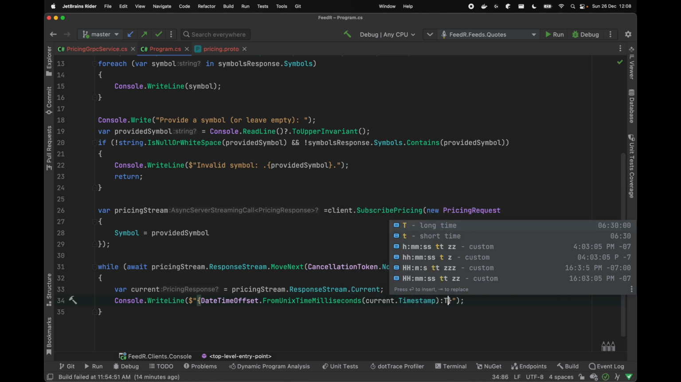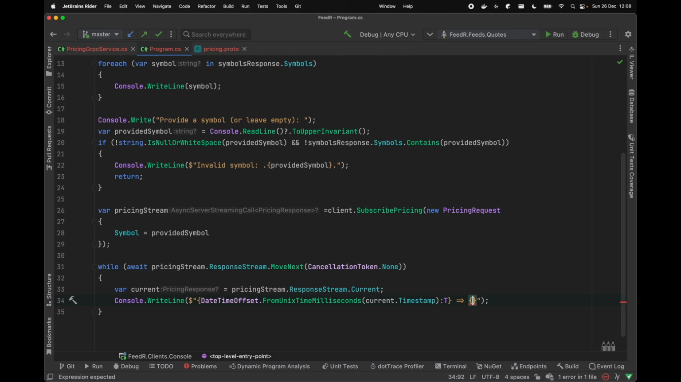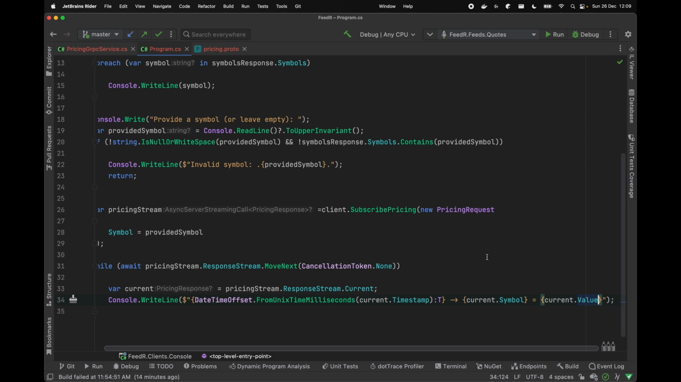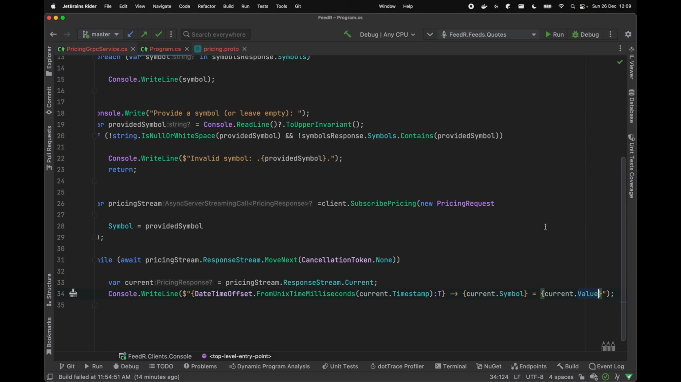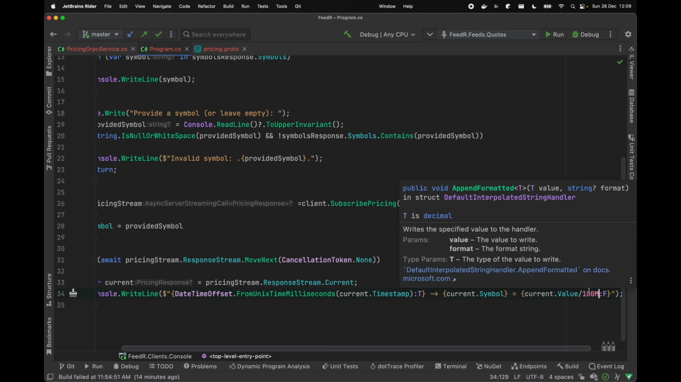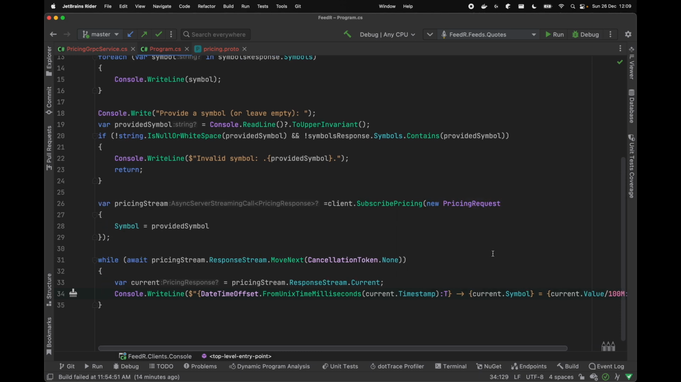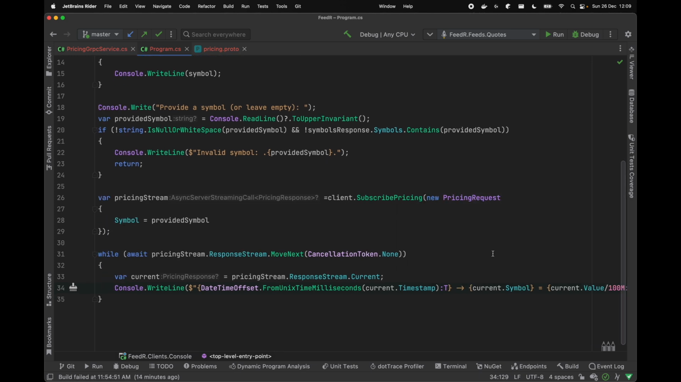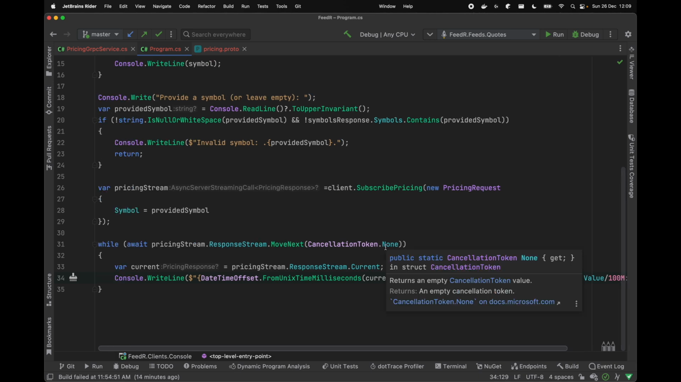And then let me just do something like the symbol. So there will be our current symbol, and then the value will be our current.value. And then, like I said, if we're using this 100 multiplication, I can do something like divide by 100 and then with this fixed point value, which is not, of course, ideal, but just to give you a glimpse of how this could be potentially done in some other